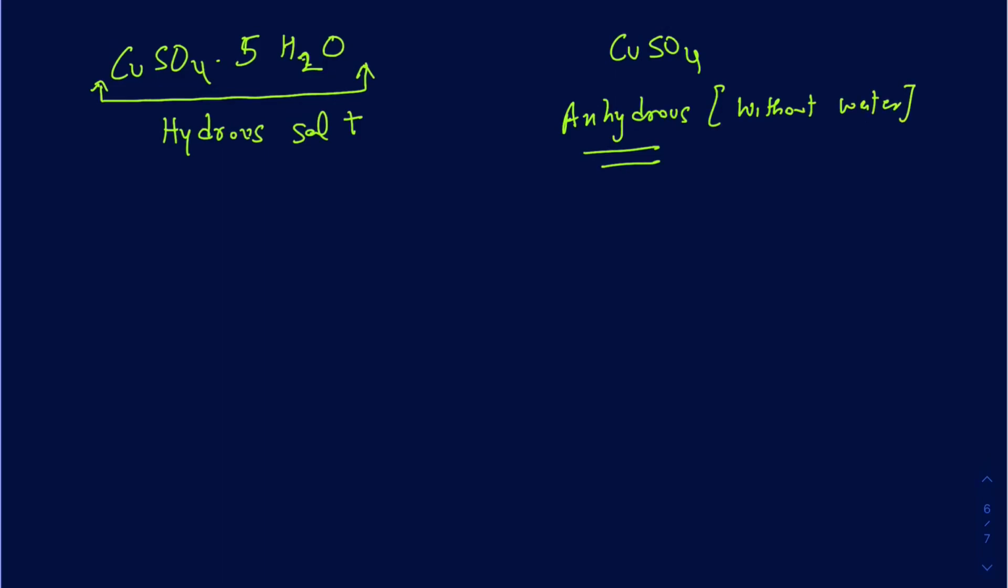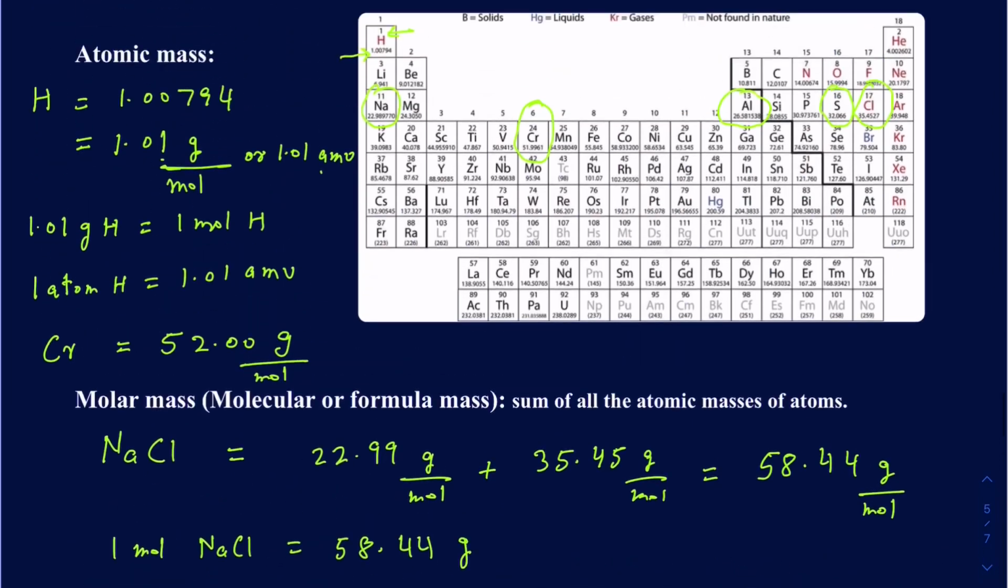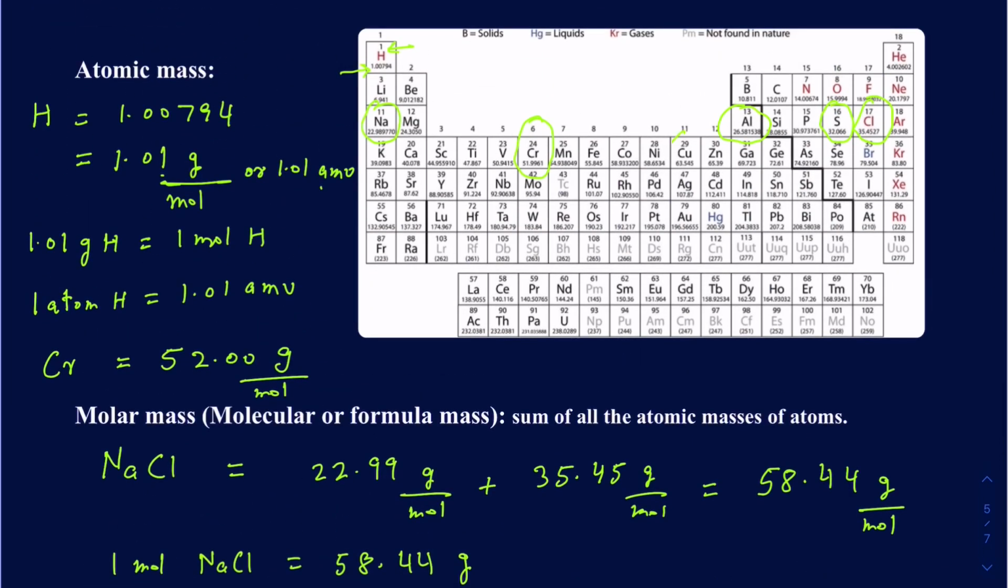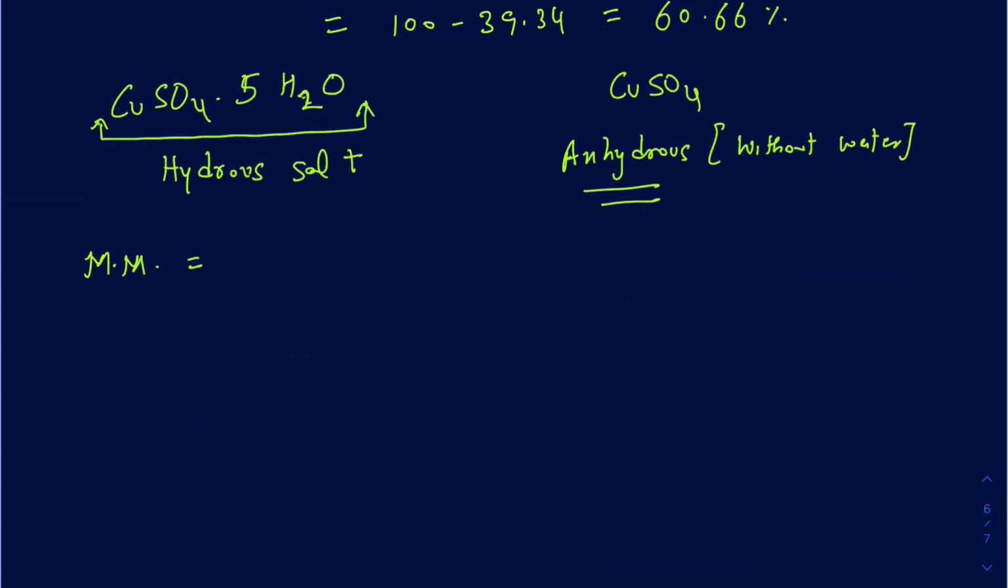Okay, so let's try to calculate the molar mass here. The molar mass of this hydrous salt is going to be copper. So let's go back and see what the atomic mass for the copper is. If I go back, copper is right here, so it's 63.55. I got one copper, so it's going to be 63.55. We got one sulfur, that's going to be 32.07. We got 4 oxygen, so it's going to be 4 times